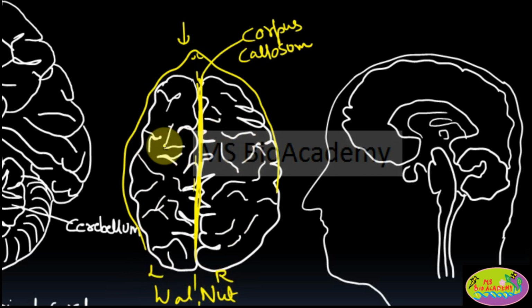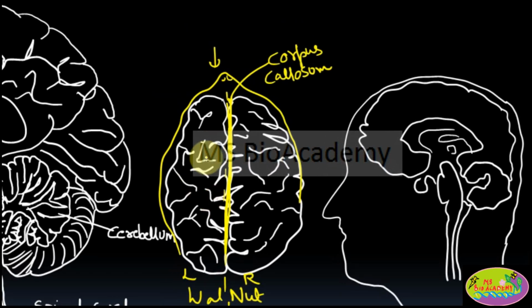Okay, and the left and right halves are called the cerebral hemispheres. So you can say this is the left cerebral hemisphere, and this is the right cerebral hemisphere. These cerebral hemispheres also have a very important property which will amaze you: the left side of our brain, the left cerebral hemisphere, actually controls our right side of the